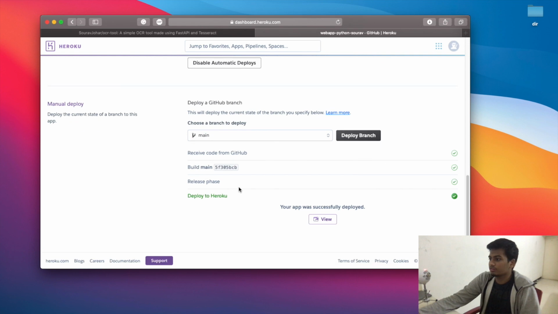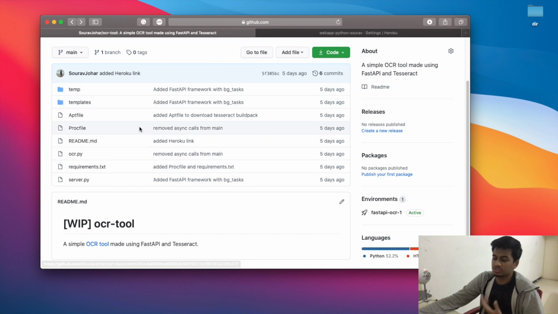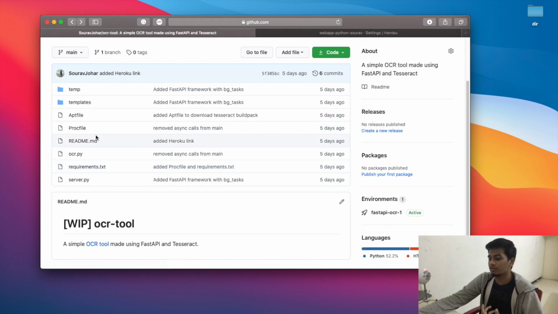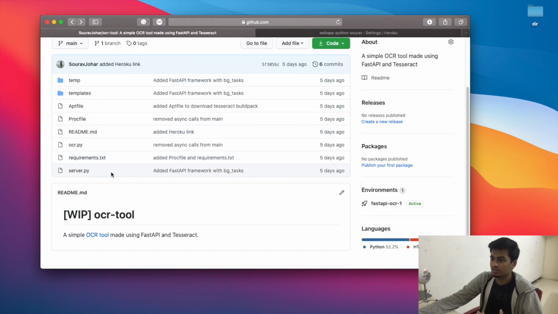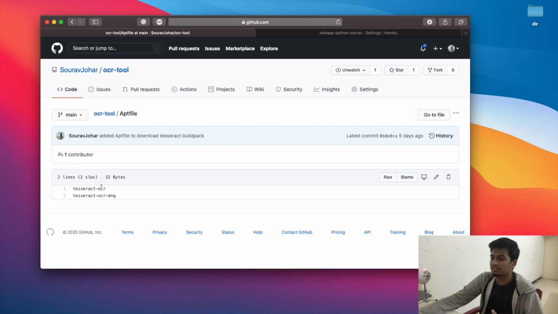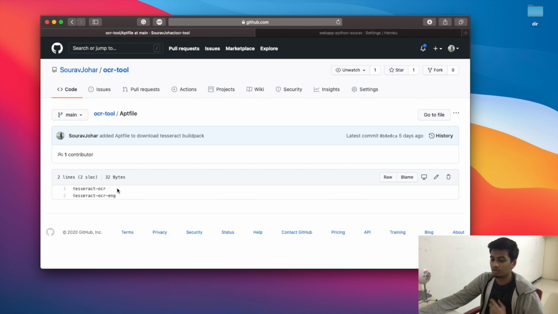So let's come back over here. It says that the deployment was indeed successful. But before we go and view it, there might be some more issues which you might encounter. In my case, this was the application which had a bunch of requirements. So these are all Python requirements. But what if your program needs certain other requirements which are not available on pip or PyPI? For example, in my case, I have Tesseract, the OCR tool, which is a dependency. And that is why you need to create a file called Aptfile. The name should be exactly like that. And inside that, you can list all the third-party libraries which need to be installed onto the Linux server.